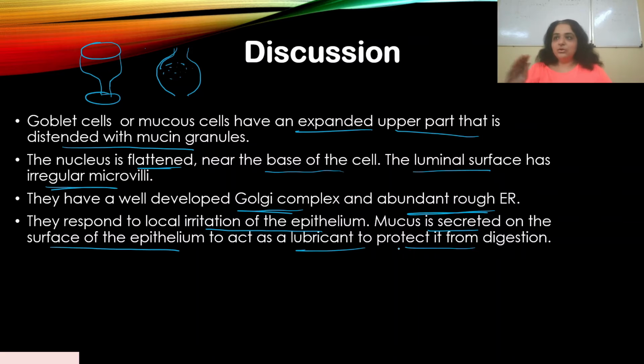So you don't want your mucous membrane to be digested along with these enzymes that are digesting all the nutrients that are entering your intestine, right? So you want to protect that layer. Whenever they sense that there's an irritation in that epithelium layer, they begin to secrete mucus, and then mucus tends to protect the intestinal epithelium, the surface epithelium.